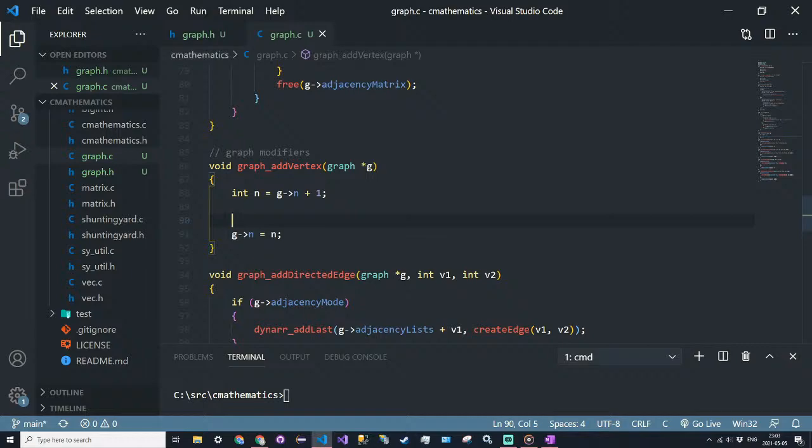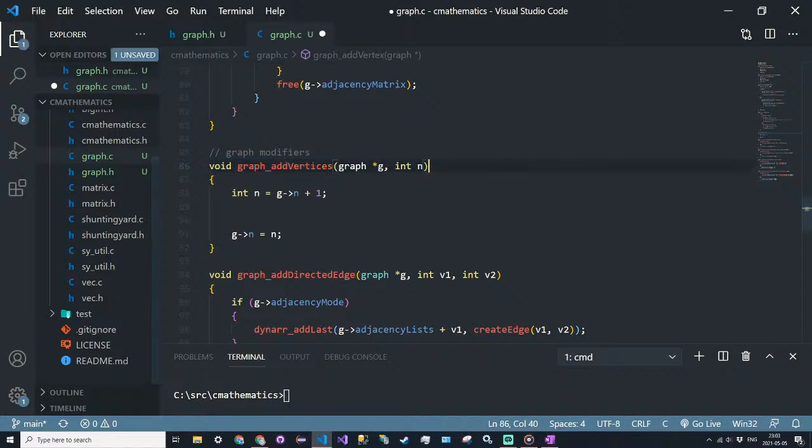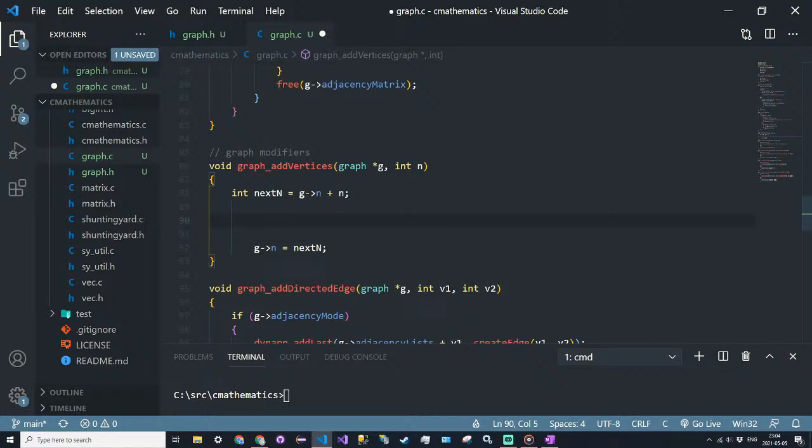Or we can make this add vertices. And we will pass in an integer n for the number of vertices to add, just to add a little more complexity here. And this n in the method will become next n, so integer next n is equal to g.n plus n, like so. And then we're going to have the same outer if statement. So if g.adjacency mode